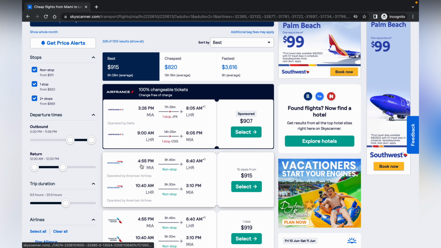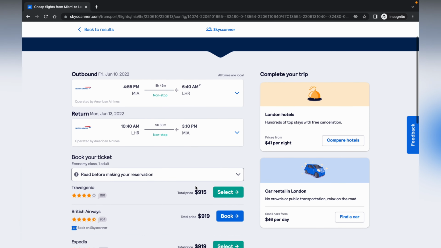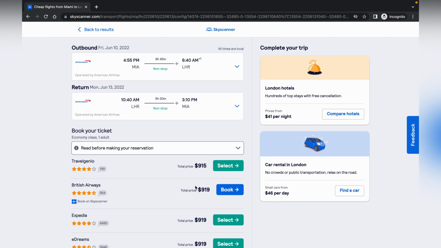Say you want to fly at 4 p.m., arrive at 6. It looks like a nonstop flight. Looks like a pretty good deal. All right, American Airlines, it is. Pick it. And then it's going to show you which actual third-party sites you'll book through. So this isn't a booking site. It's merely a site to use to find the cheapest flights on the internet, which is why I like it,